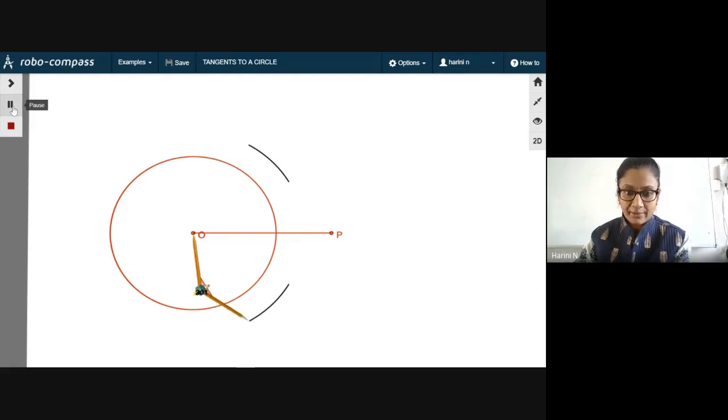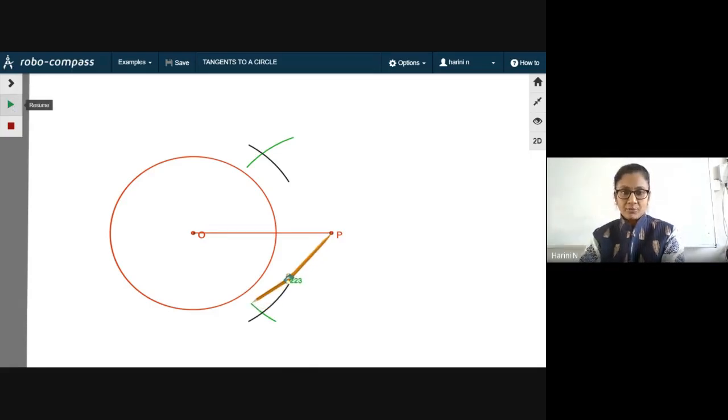Now see where the compass is going. It's gone to P. With the same radius, you will cut one arc above and the other arc below. I have deliberately kept it in two different colors. Can you see it? You have drawn arcs from O first. Now you have shifted your compass to P and you have drawn the two arcs. By doing this, you will get the points of intersection between the two arcs. The black arcs are cut from O and the green arcs are cut from P. Once this is done, you will get the points of intersection, which I shall mark.